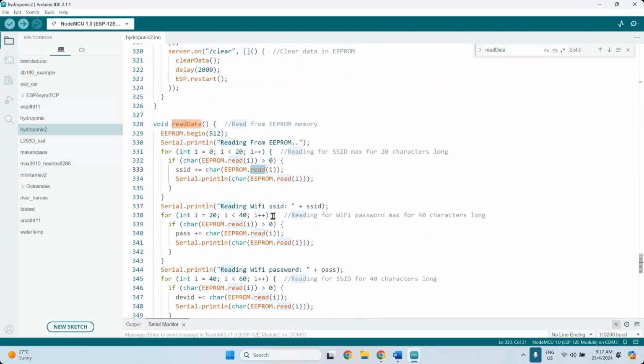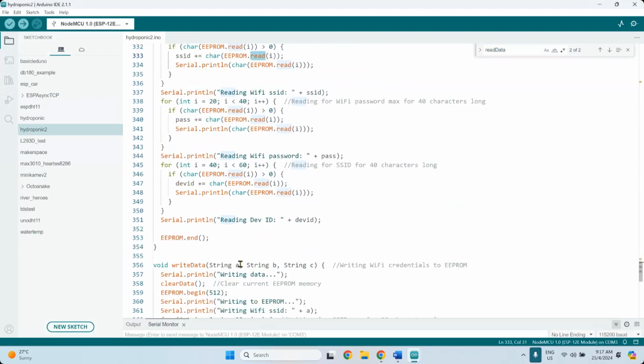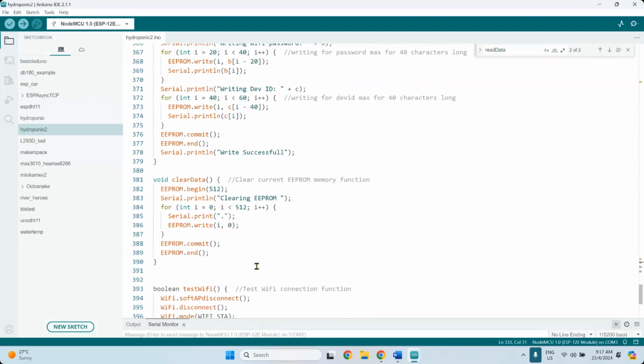But we're going to use this later. I just want to talk about this and give it out to you for you to understand if you read my codes. To clear data, usually I clear all the data back in the memory. So this is just to clear 512 size of memory. It means that I can store 512 characters of data. Anything more than that, I won't recommend you to do.